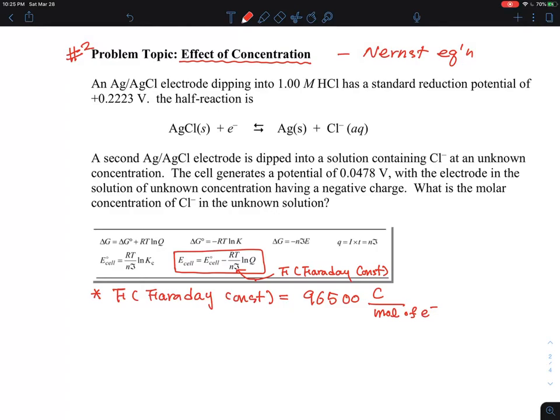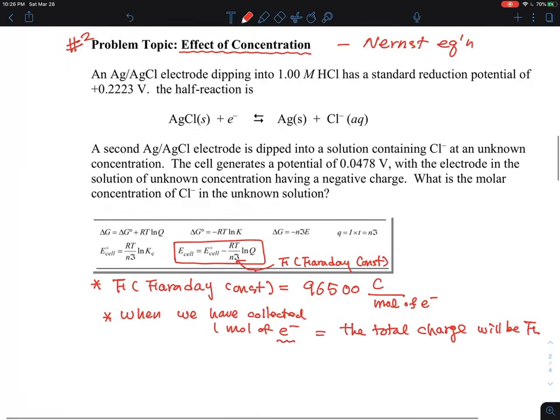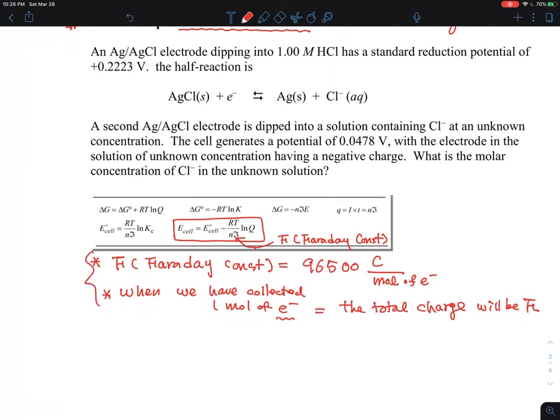So actually, when we have collected 1 mole of electrons, it has its own charge, right? And you can look at the charge of an electron, and the total charge will be F. Okay, so you can imagine now the simple relationship. The Faraday constant, 96500 coulombs per mole of electrons,